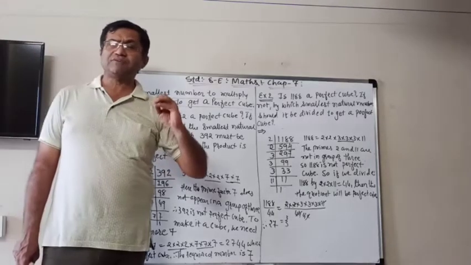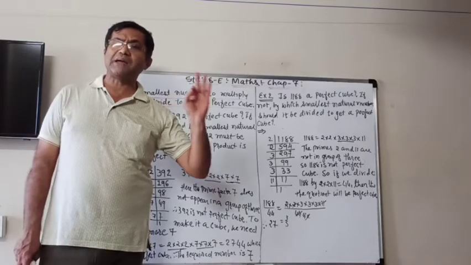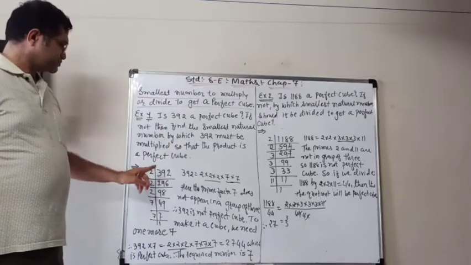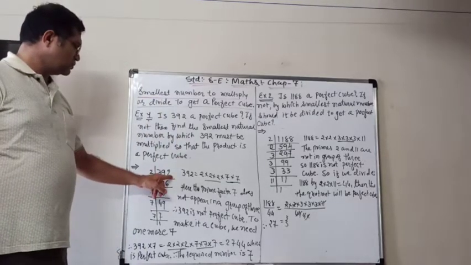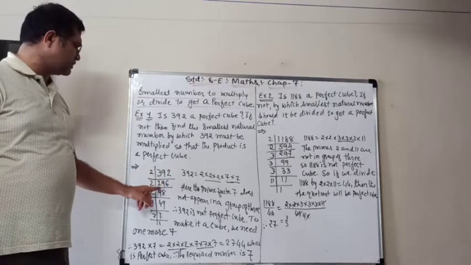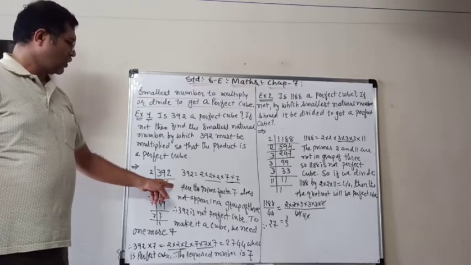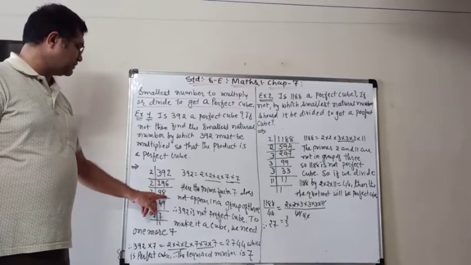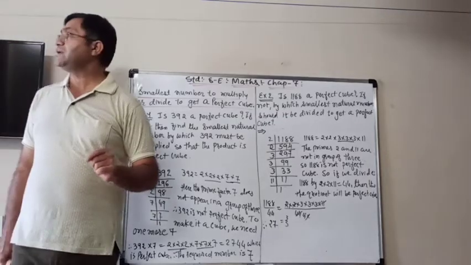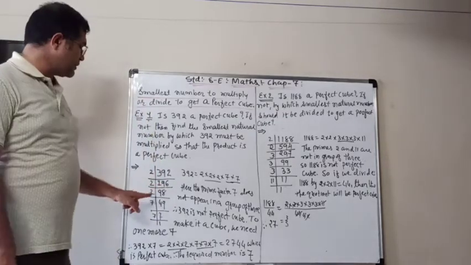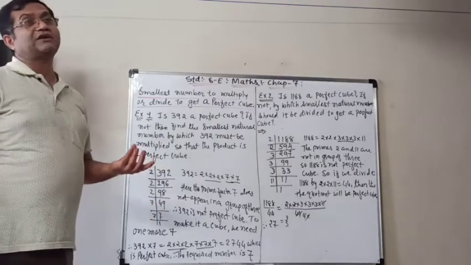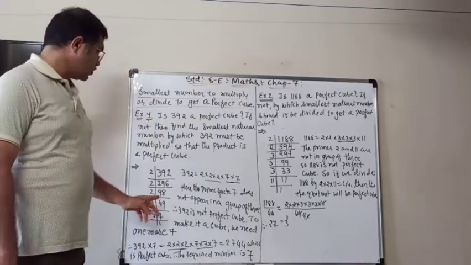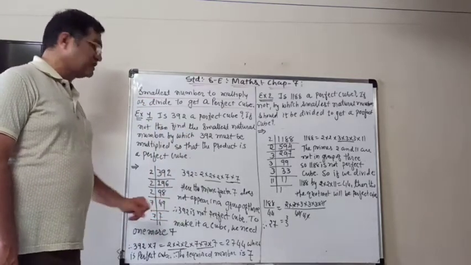So let's first find out the prime factors of 392 by the division method. We know that 392 is an even number, so dividing by 2 we get 196. Also an even number, so dividing it by 2 we get 98. 98 is still an even number, divide by 2 we get 49. Now 49 is not divisible by 3 or 5. We know that 7 sevens are 49. So 7 sevens are 49 and 7 ones are 7.